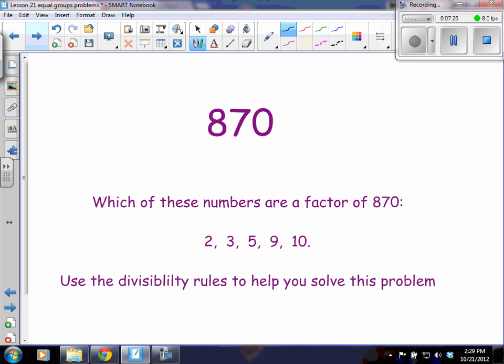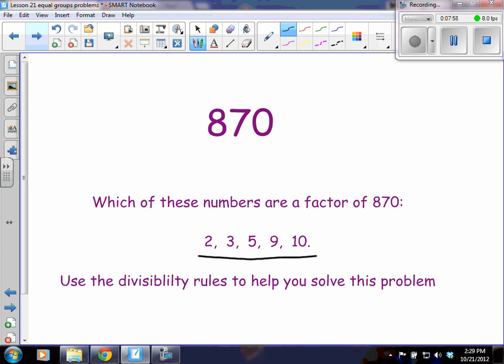Then I'll leave you with this last idea. When we talk about being able to divide numbers out of a number, we're really talking about the factors that can create this number. And so we can apply the last digit rule and the sum of digits rule to figure out which of these 5 numbers are factors of